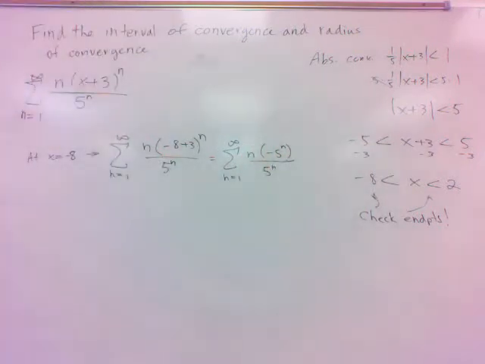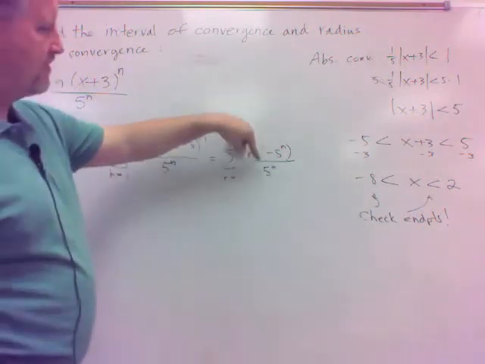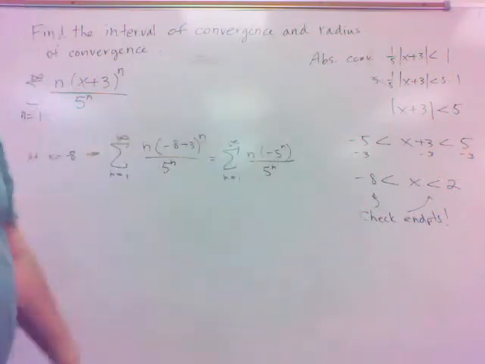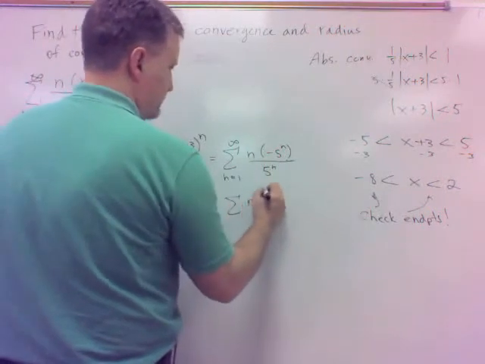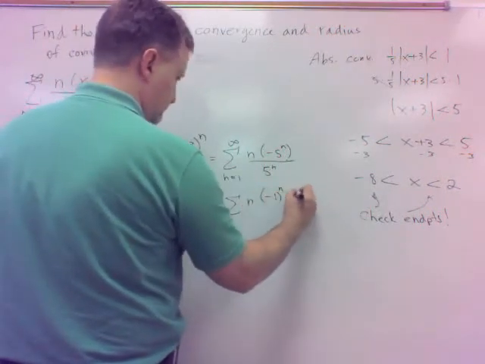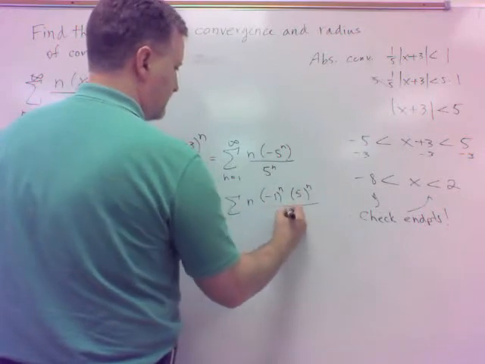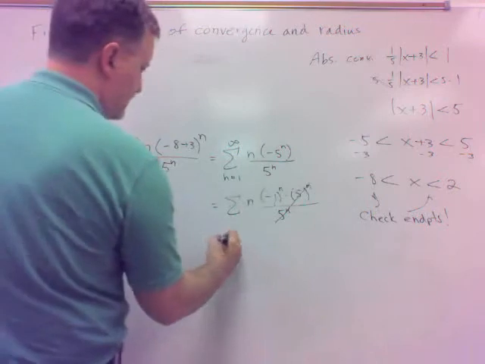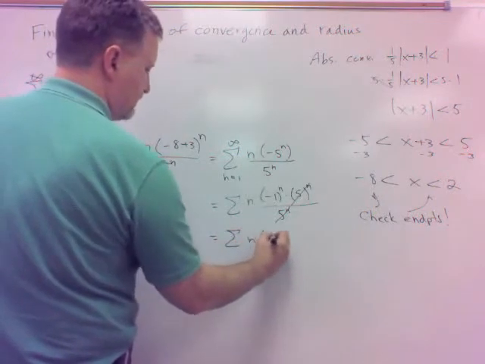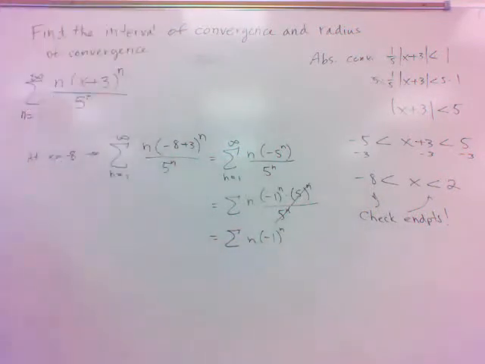Well, obviously, I've got some canceling there. However, it's 5 to the n and negative 5 to the n, so what does that come out to be? Yeah, we can split that up. N times negative 1 to the n times 5 to the n. And so I'll end up with just n times negative 1 to the n, which we haven't encountered before, but